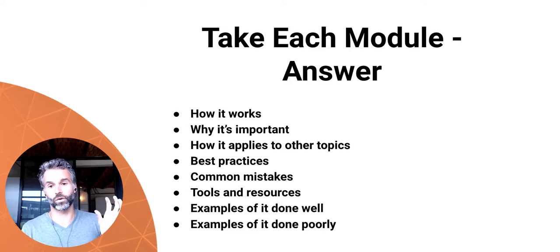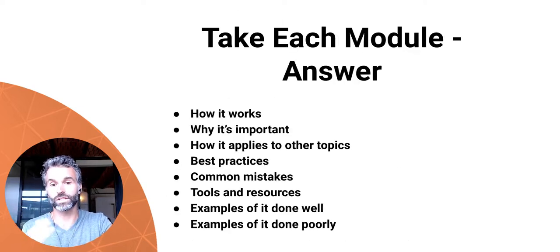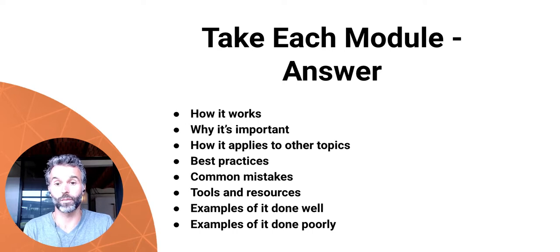And so I'm doing this example at its very, very, very bare bones. But the truth is, if you're talking about building an audience, you could break this topic down into building an email list, building a social media following, creating lead generation content. Like there's all kinds of smaller subjects within building an audience. So these questions can be answered for each of those things or just for building an audience as a whole. But you can start to see how, by answering these questions and breaking down your topic that you want to speak about into sections and modules, now we're really expanding the amount of stuff we can make content about. It gets pretty big pretty fast.